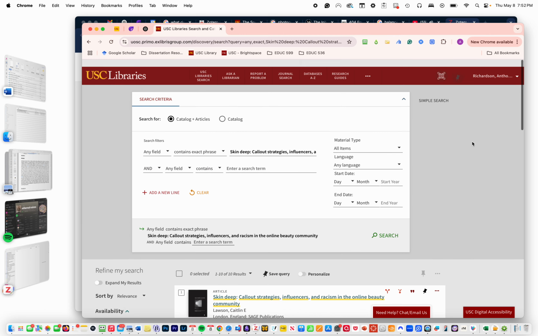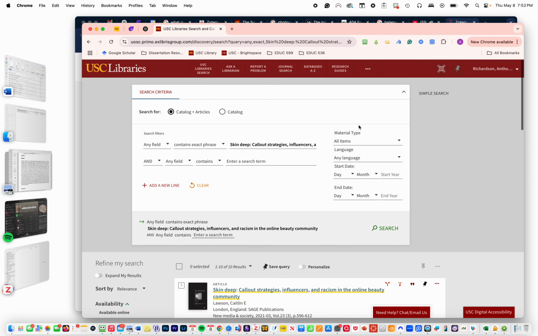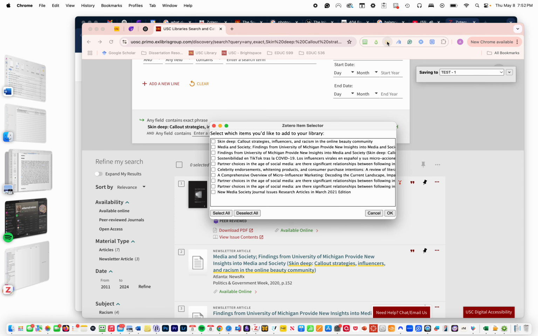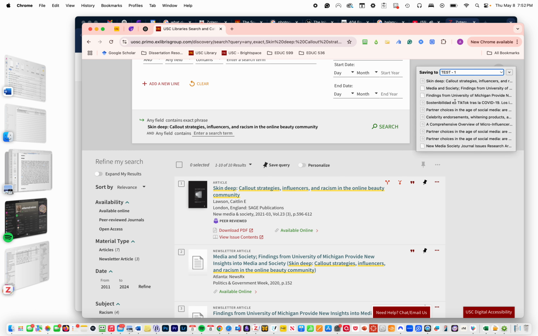But if I have a list of articles and I want to clip every single one of them to Zotero, I can do my search. The list would come up. I would look for the folder here. If I click this, it's going to bring up a list, and I can select which items I want to add to my library, or I can select them all and then just click OK. And then all of those, you'll see them kind of run through this kind of download list, and